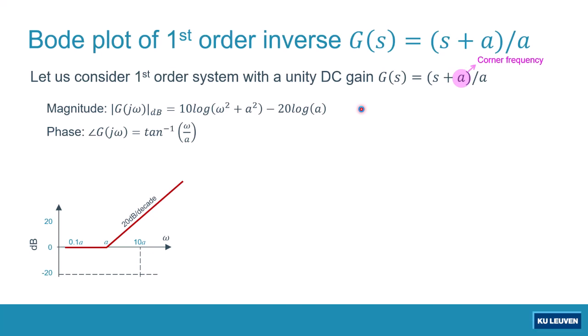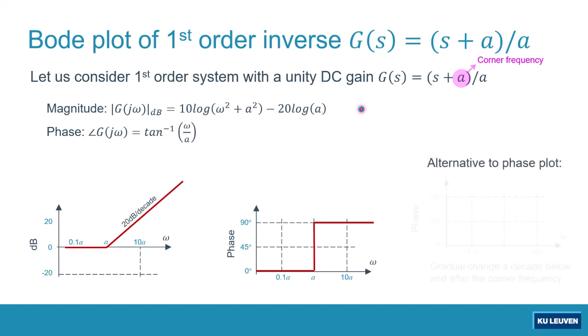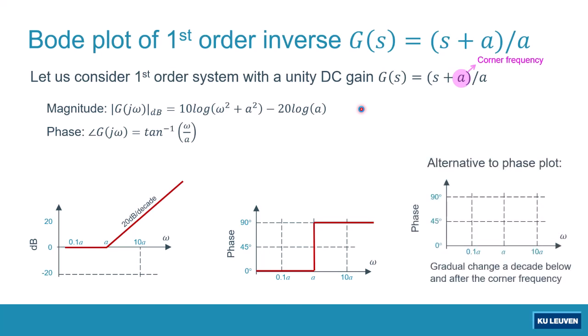It will be equal to 0 at low frequency, below the corner frequency, and above the corner frequency we will have a straight increasing line with a gradient equal to positive 20 dB per decade. What about the phase plot? At low frequency, the phase will be equal to 0, while at high frequency region, the angle will be equal to 90 degrees. As an alternative of this phase plot, same like before, I will split the frequency